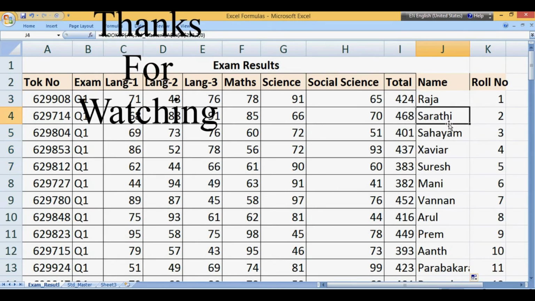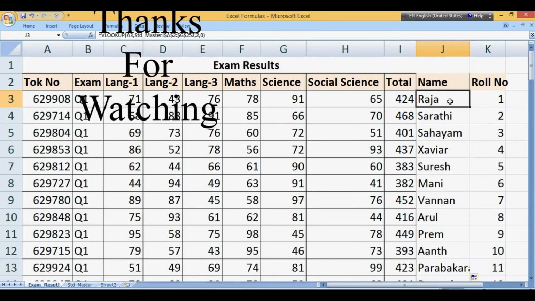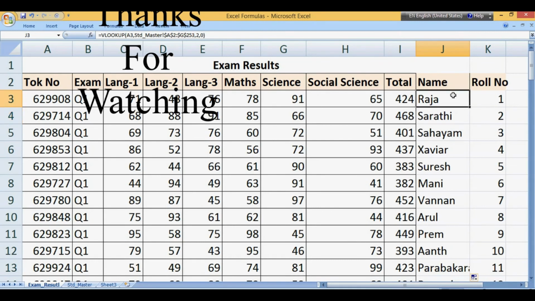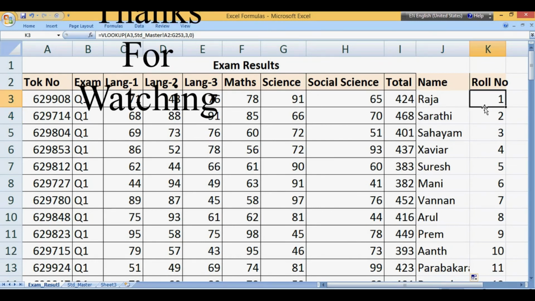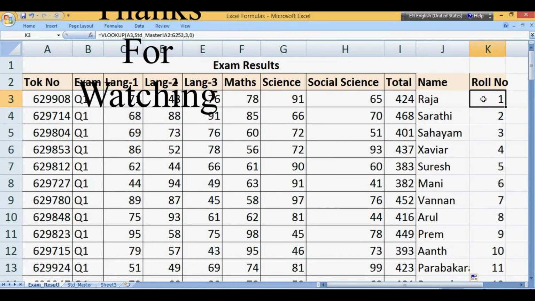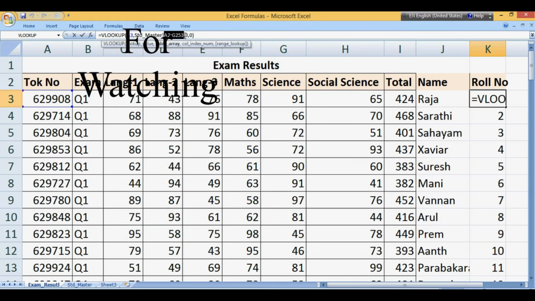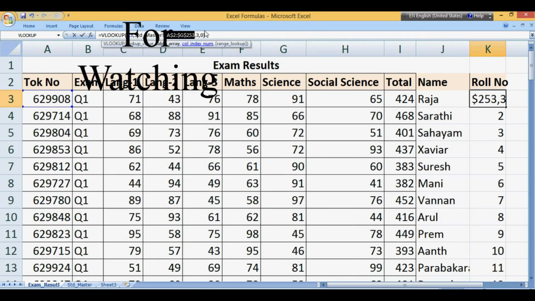This dollar detail I will cover in a separate Excel basics training. Now to change this also, I am going to do it in the formula bar for you to understand easily. Press F4. The A2 to G253 becomes dollar.